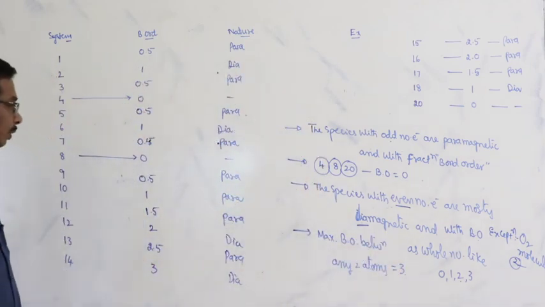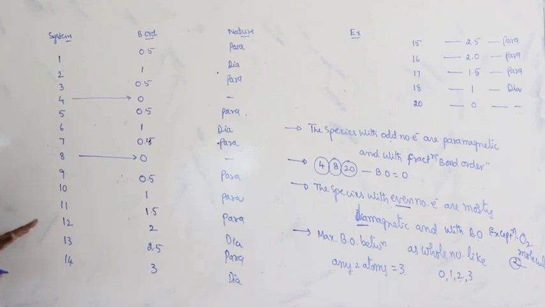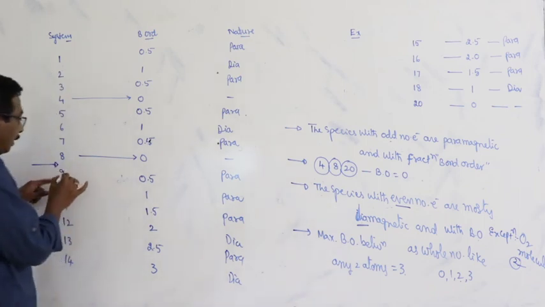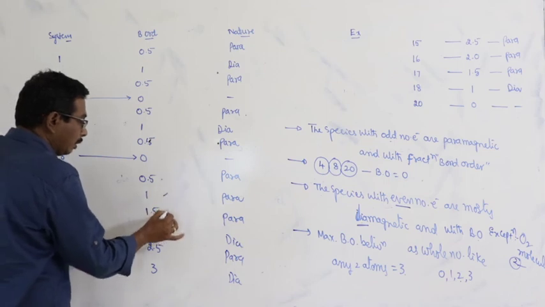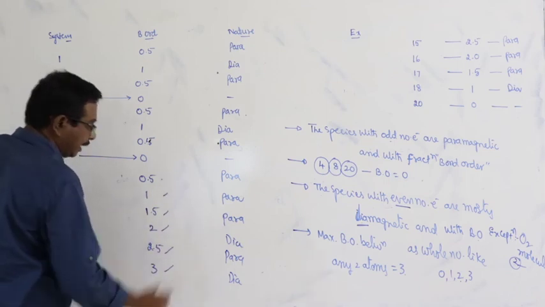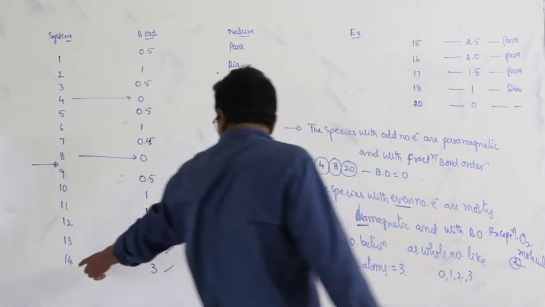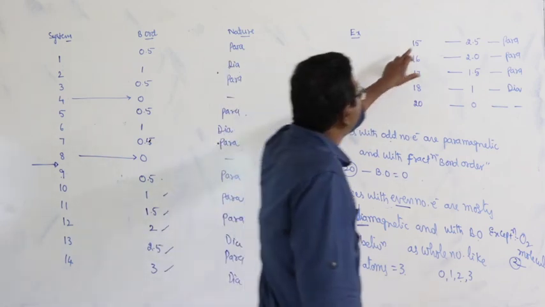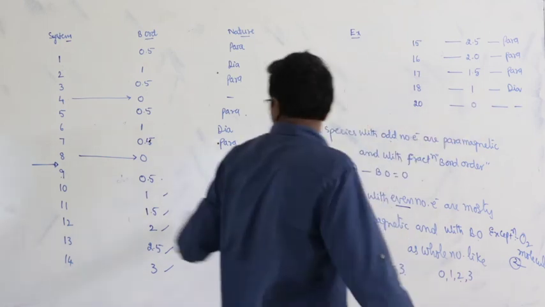And there is an important note. In objective exams, in most cases, the electron systems are given from the species with 9 electrons. Look here. Number of electrons 9, bond order 0.5; 10, 1; 1.5, 2, 2.5, 3. At 14 electrons, bond order 3. Then 15, 2.5; 16, 2; 17, 1.5; 18, 1; and 20, 0.